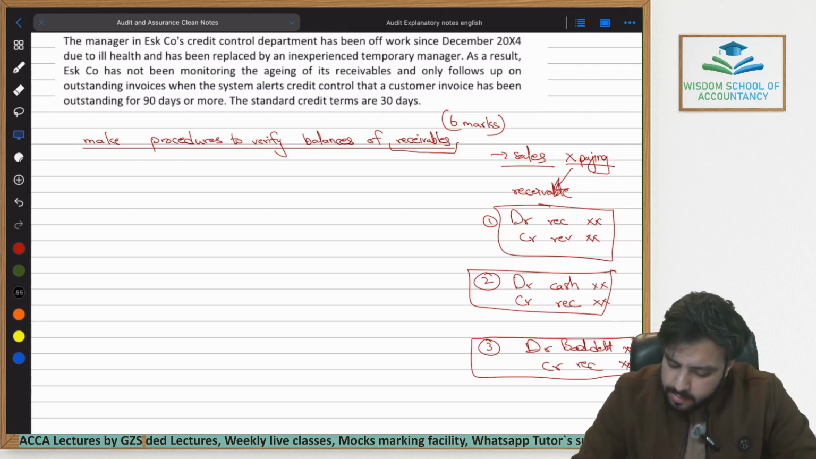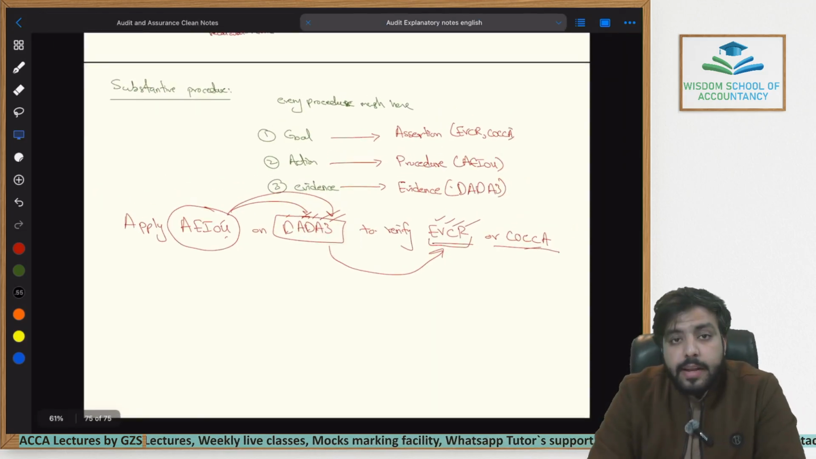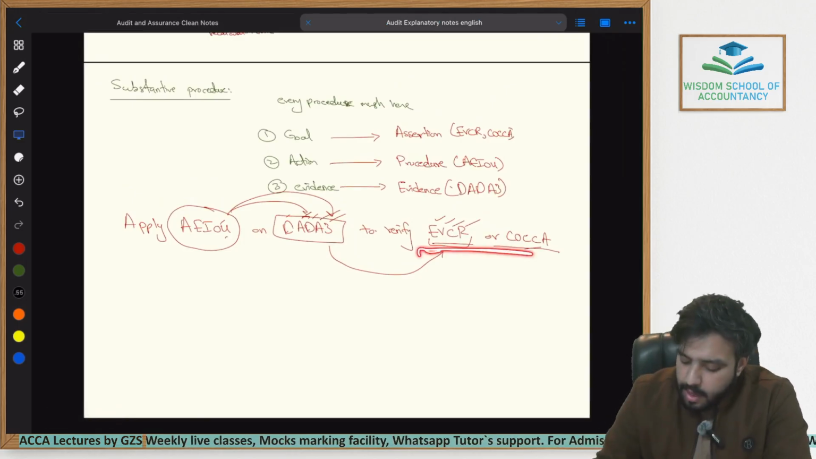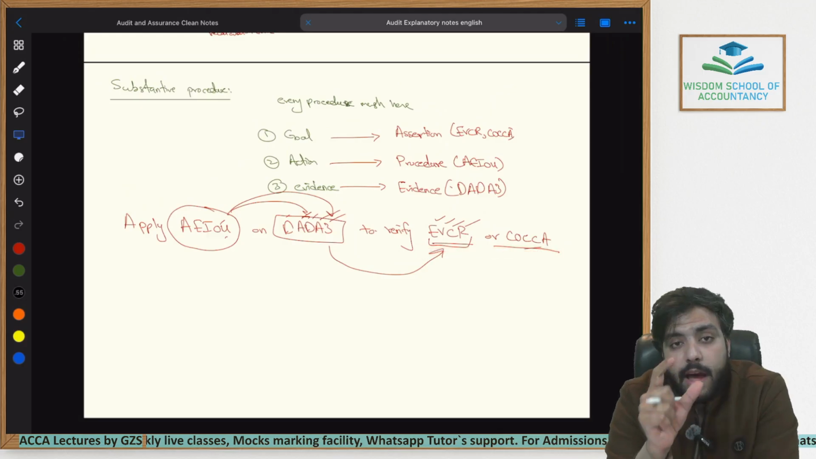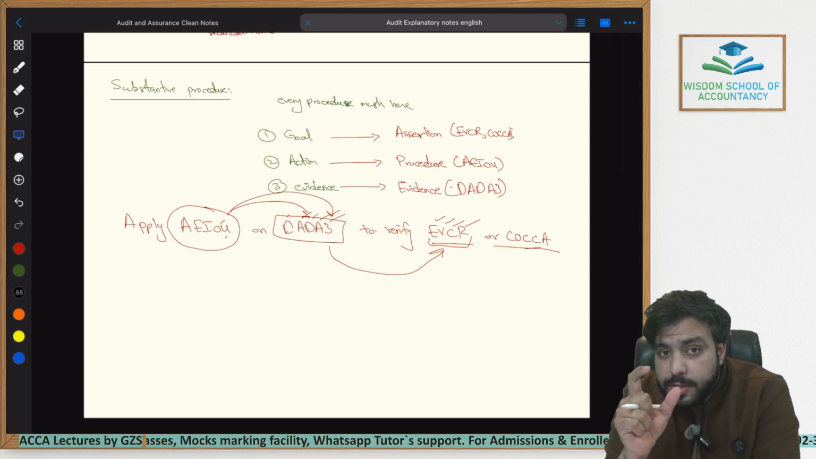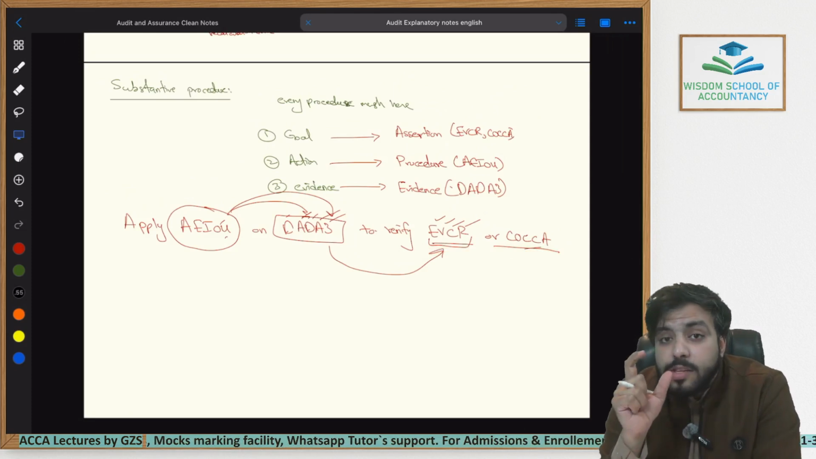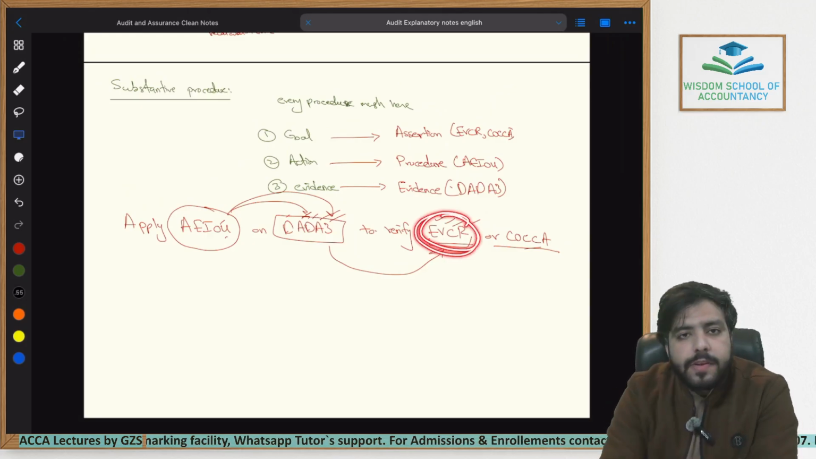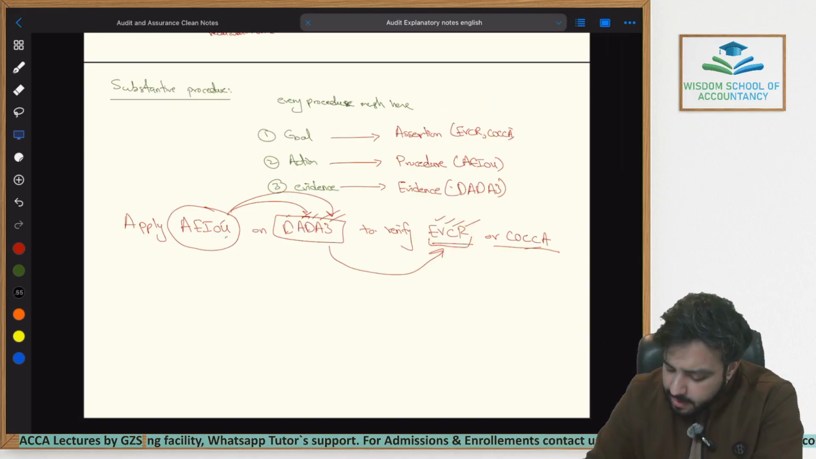Let's come towards the technique now. The technique was: apply AEIOU on data 3 to verify EVCR or COCA. Receivable is an asset. It is recorded within the statement of financial position. This means that the management is basically asserting that EVCR of receivable is correct. E means existence, valuation, completeness, and